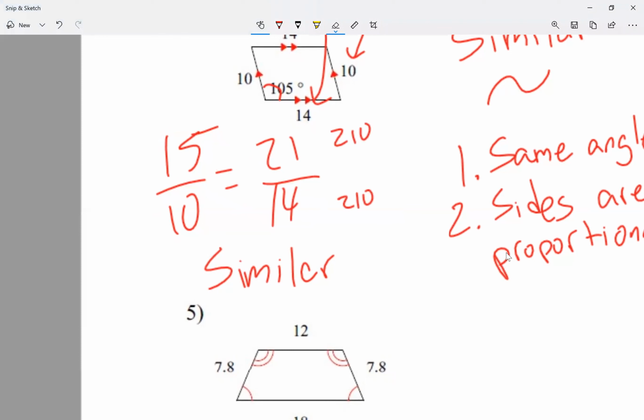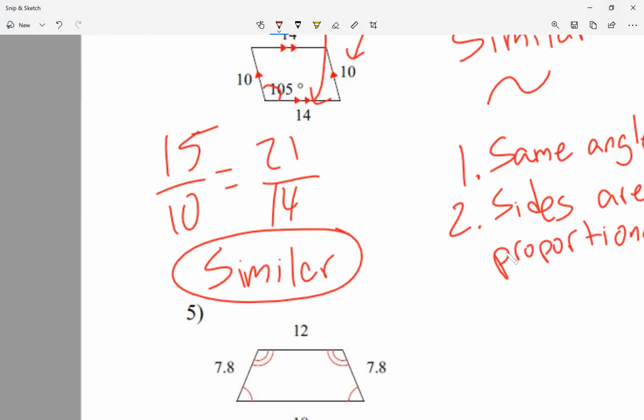So again, to check for proportional, either simplify the fractions, simplify to the same thing, or cross multiply. You should get the same number. Okay, here, the angles were the same, sides were proportional. So yeah, this was similar. Let's take a look at question number